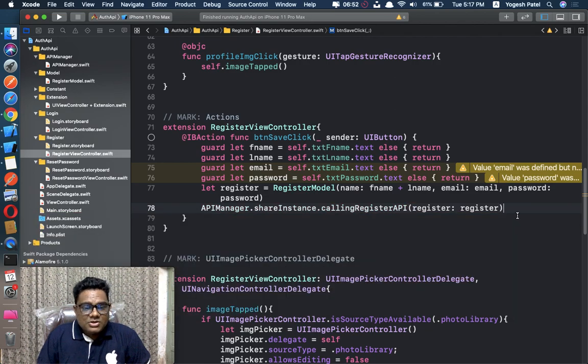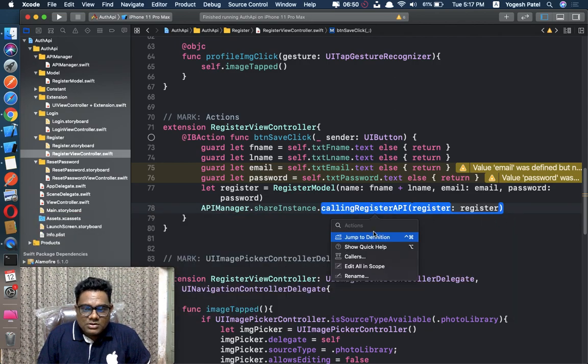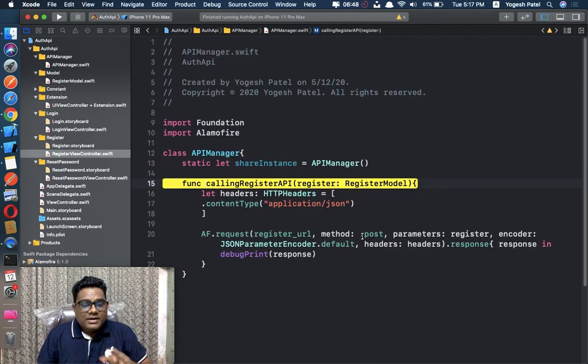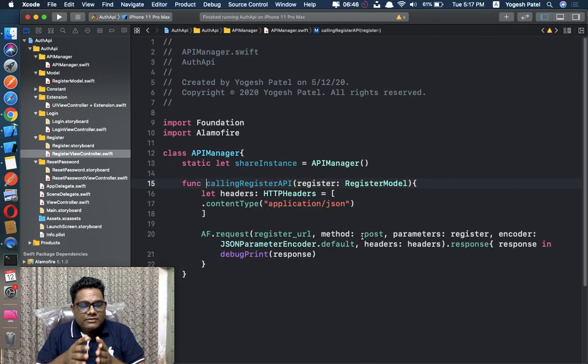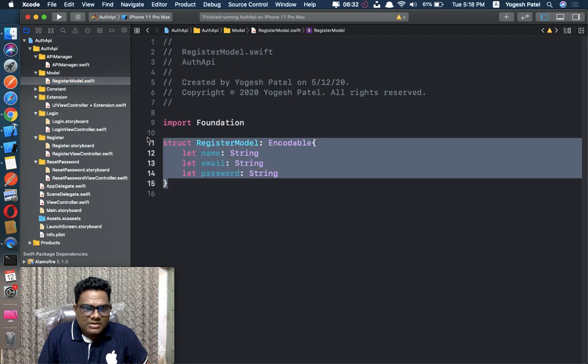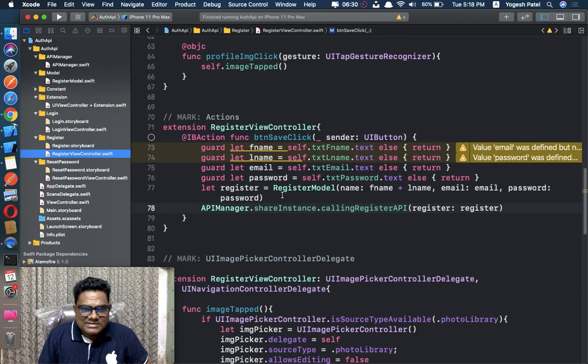Okay, so now I'm going to explain. We have created a dictionary, then we can convert it to data, and then the data is going to be appended in a parameter. I'm not doing anything here. It automatically does the encoding. You just have to pass our model here. Okay, so I have passed this model here. You can see that I have just created a model and passed it, and just conformed to the Encodable protocol. It encodes itself.